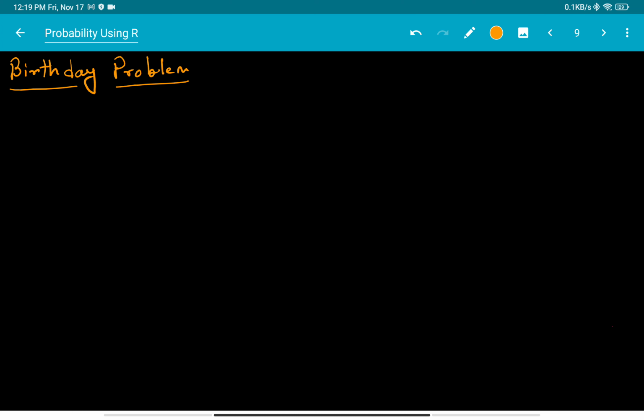The birthday problem basically asks for the probability that in a set of n randomly chosen people, at least two will share a birthday. The birthday paradox basically refers to the counterintuitive fact that only some of the people are needed for that probability to exceed a particular percentage. That is, 23 people are needed for that probability to exceed 50%.